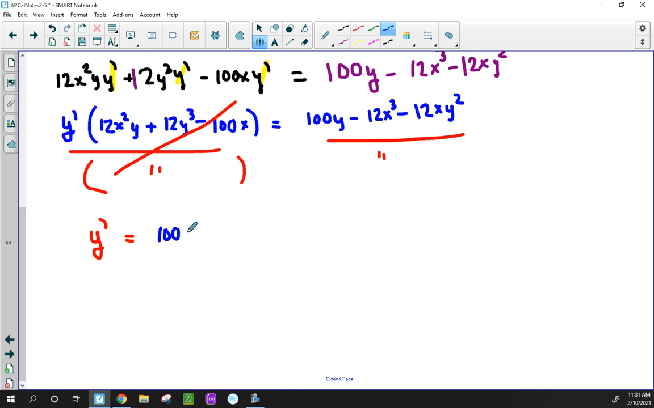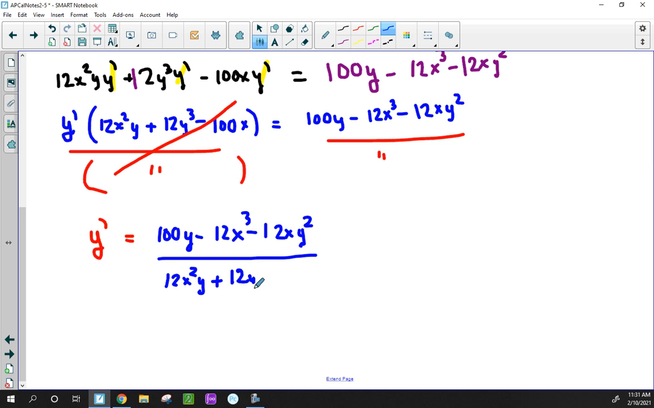100y minus 12x to the third minus 12xy squared, divided by 12x squared y, this is messy, plus 12y to the third minus 100x. And what I'm noticing, as I write down the answer here,